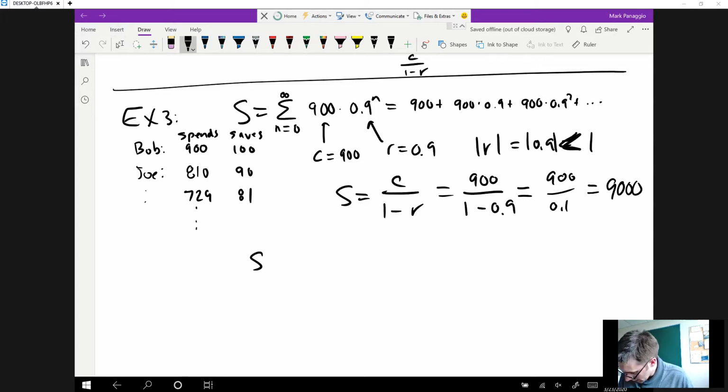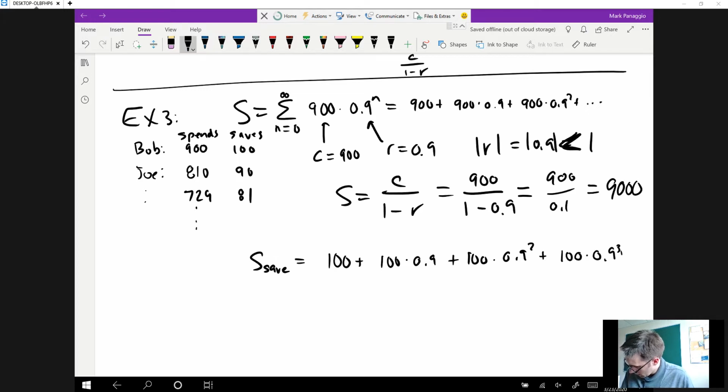And so we could say the saving sum would be 100 plus 100 times 0.9 plus 100 times 0.9 squared, and so on, which we could write as the sum of 100 times 0.9